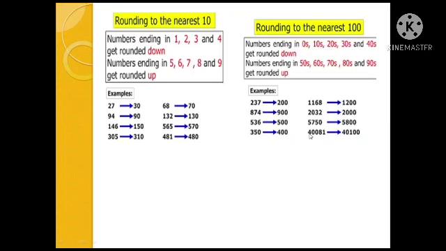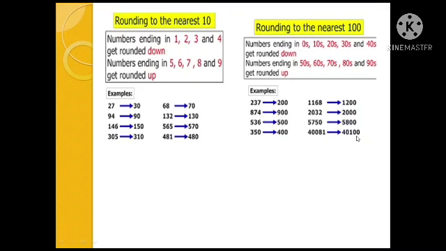And here 40,081. 81 is there. We are rounding up to the nearest 100, so be clear in that. Don't compare with other numbers. We are doing it for 100. The 81 crosses 50, right? So it is rounding up, so 40,100. We only have to concentrate on the hundreds place when they ask you to round off to the nearest 100.